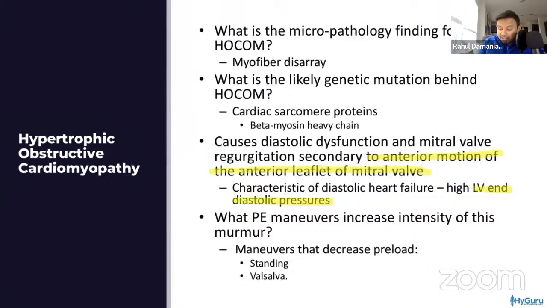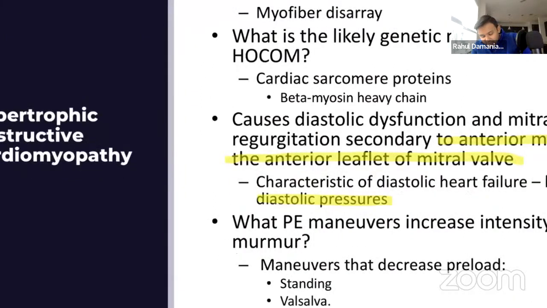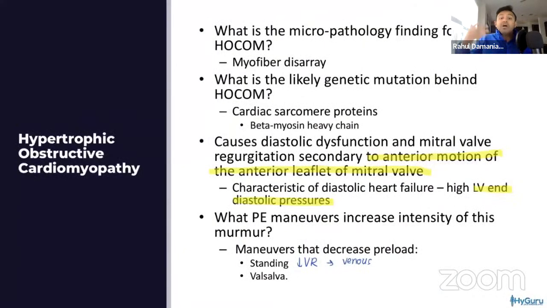Remember, from a physiology standpoint, standing is going to cause you to have a decreased venous return because of the gravitational effects of standing. All that blood is going to pool into the venous circulation. And remember that the venous circulation, just as a physiology integration, has high capacitance. It has a high ability to hold a lot of blood.